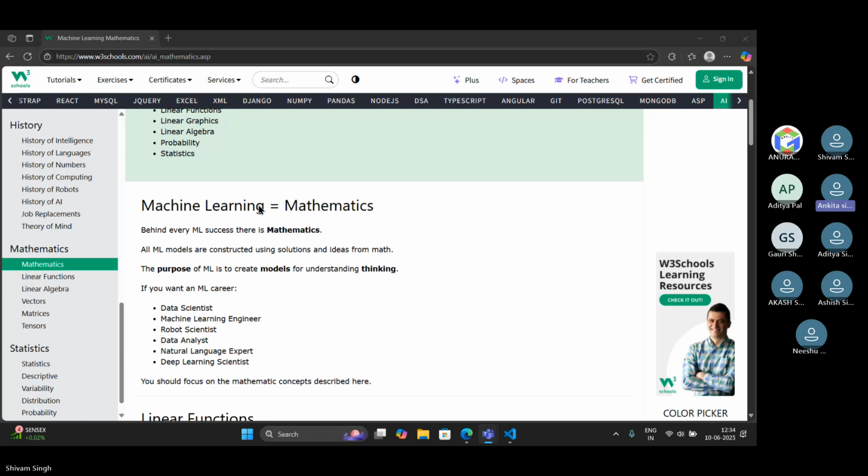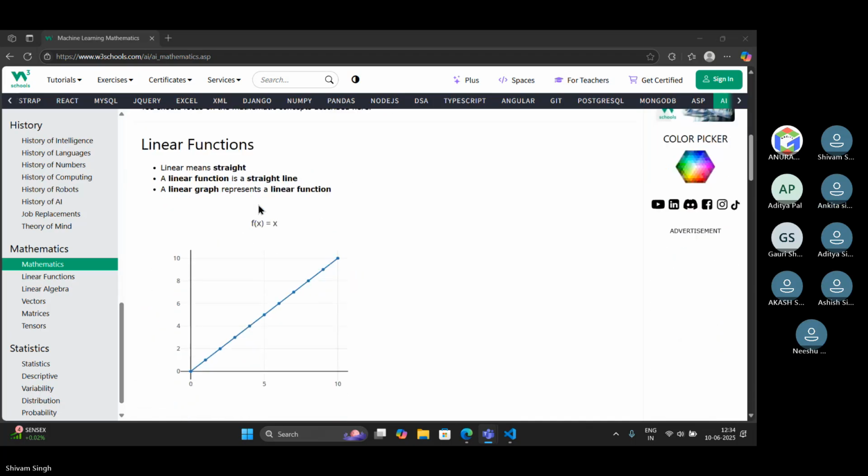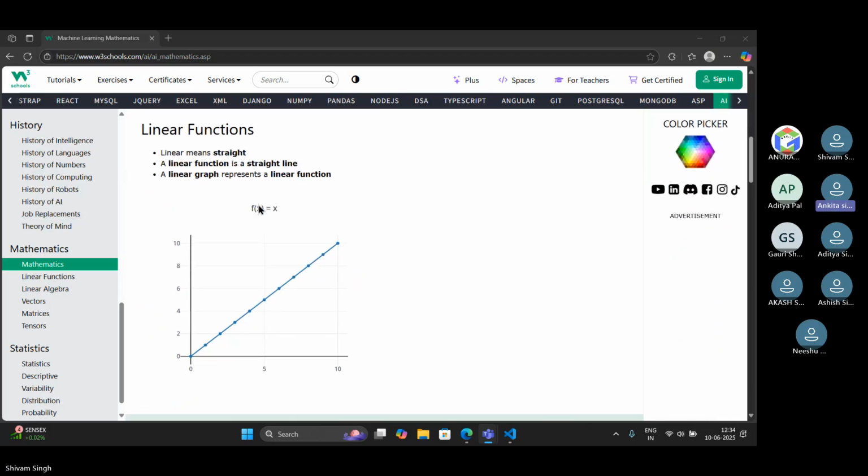If you want an ML career, such as data scientist, machine learning engineer, robotics scientist, data analyst, natural language expert, or deep learning scientist, you should focus on the mathematical concepts described here. Now, linear functions. Linear means straight.